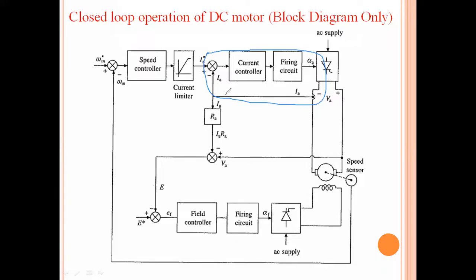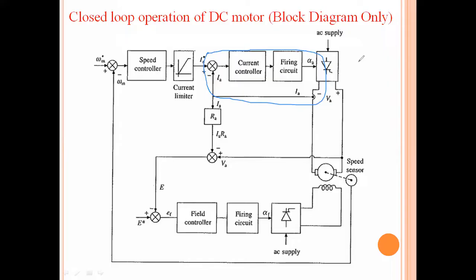So this inner current loop will be useful to respond the motor according to the torque commands. So for all these different conditions, the torque required will be different. So in order to respond the motor to the torque changes, the inner current loop is very much helpful,